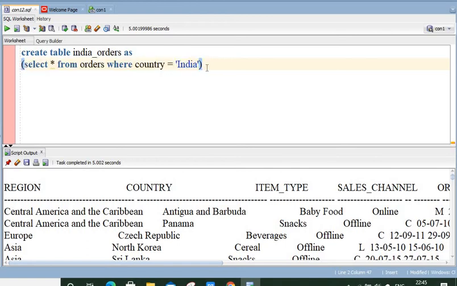This statement inside the parentheses, followed by the semicolon, is known as a subquery in SQL, and the results of this statement will be assigned to the outer query. So whatever records are retrieved by this internal select command will be given to this create table command. So let's run this command.